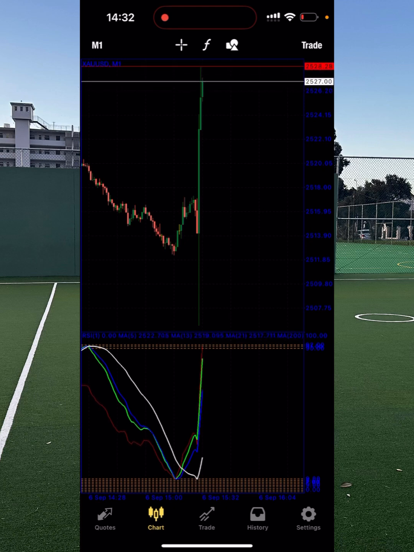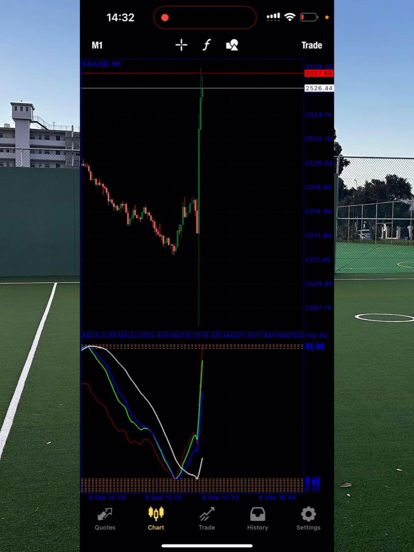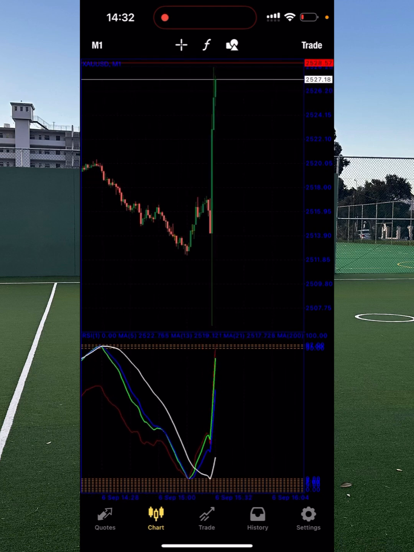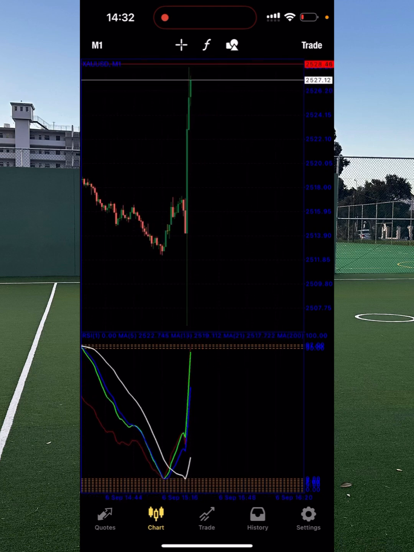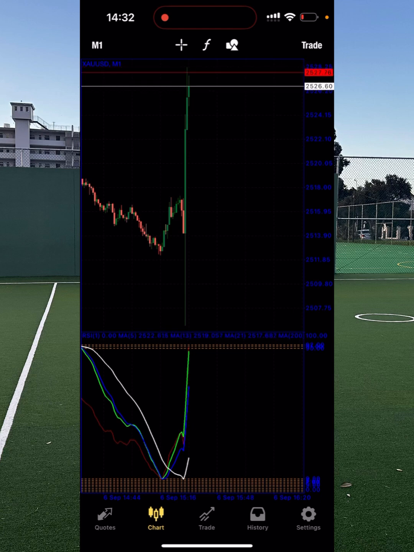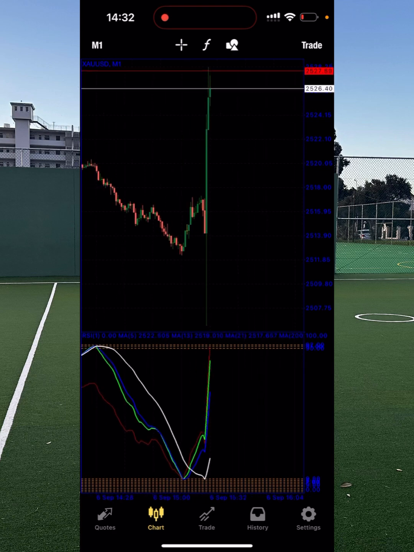Yeah, guys, this is how it goes, man. This is how it is. When you're trading the news, this is how it goes. But I think this is the news that I lose in this way. I never lose this way, for real. Maybe because I usually trade the news with my big account. I never lose the news this way, guys.